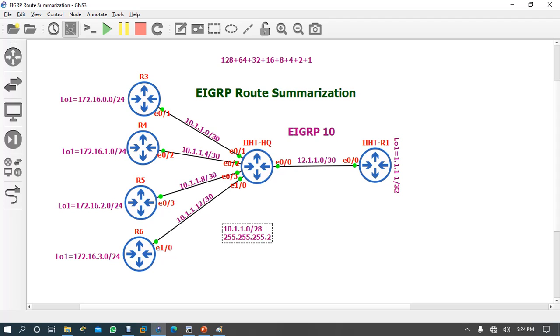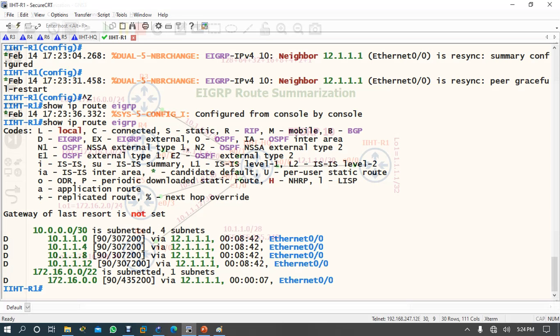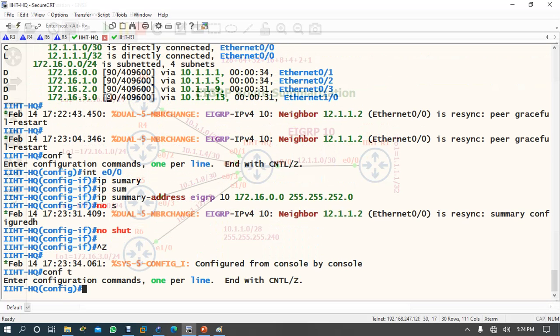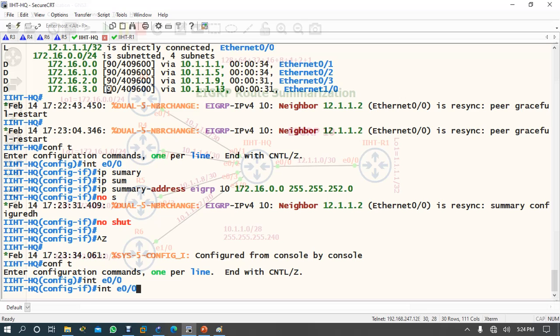Simple. What will be the new subnet mask? 255.255.255.240, since 4 bits gives 240. So simple, you can come here again on headquarter, conf t, same interface, 10.1.1.0 255.255.255.240, enter.